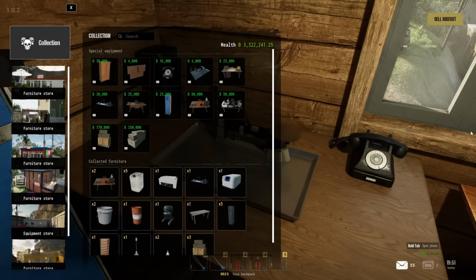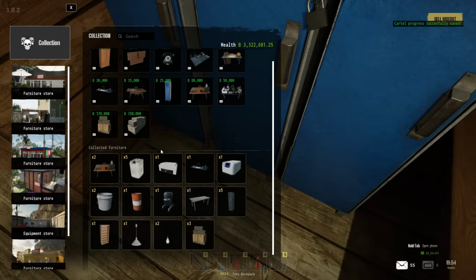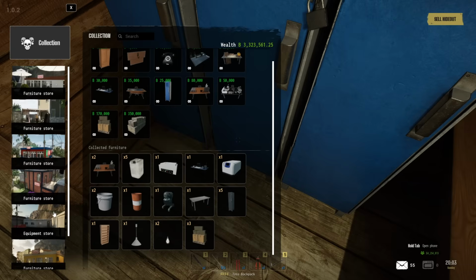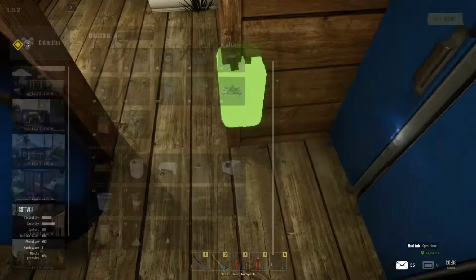What you can do is hold down your spacebar to open up your furniture mode. If you have a look here, I have something called a large container. You can buy these from different shops, and it will eventually get bigger to the point where you can actually use an equipment store from this menu. But these large containers are available very early in the game, and each one of these, if we place 5